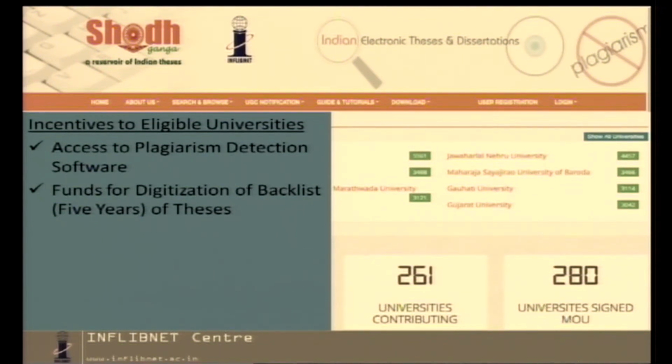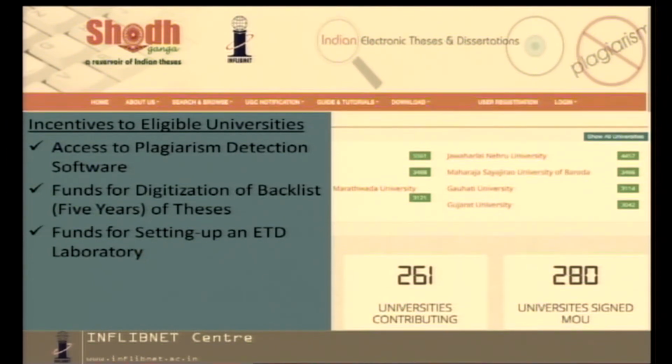For example, you can upload your data sets, video files, multimedia files, animation files, or anything relevant to your thesis in addition. So, funds for creating an ETD lab are provided, so that these kinds of additional inputs can be facilitated for the students.